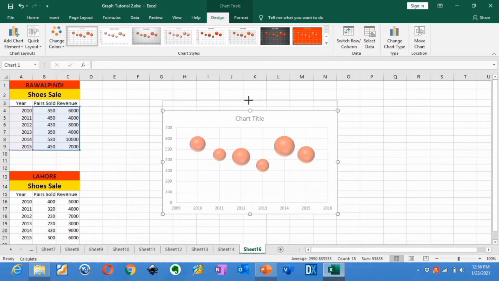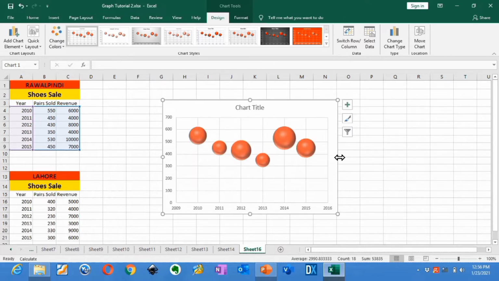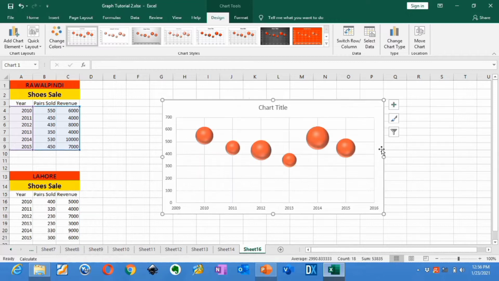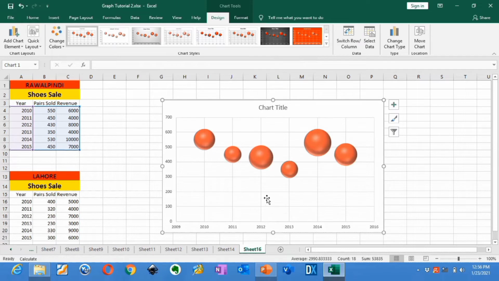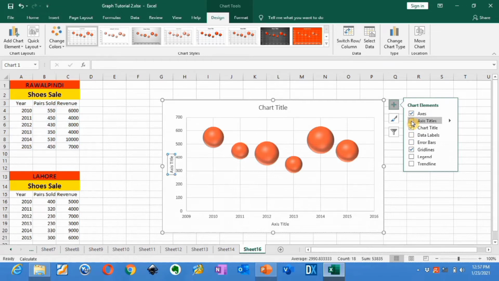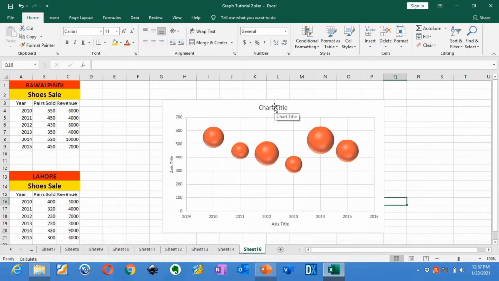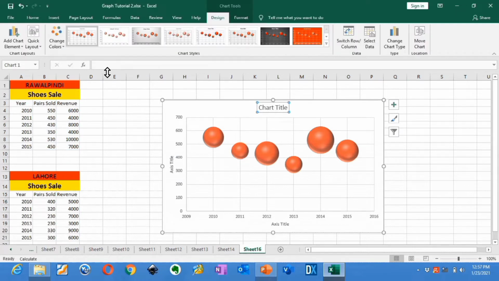I will resize this area. Now go to this plus option and select the axis titles option. Now I will change the title of this graph, put an equal sign here, and select this cell, click enter.